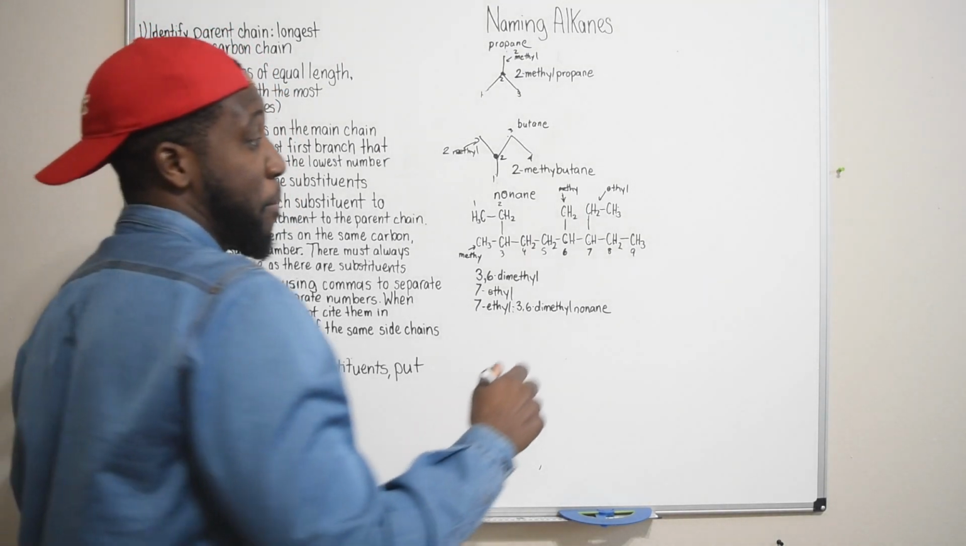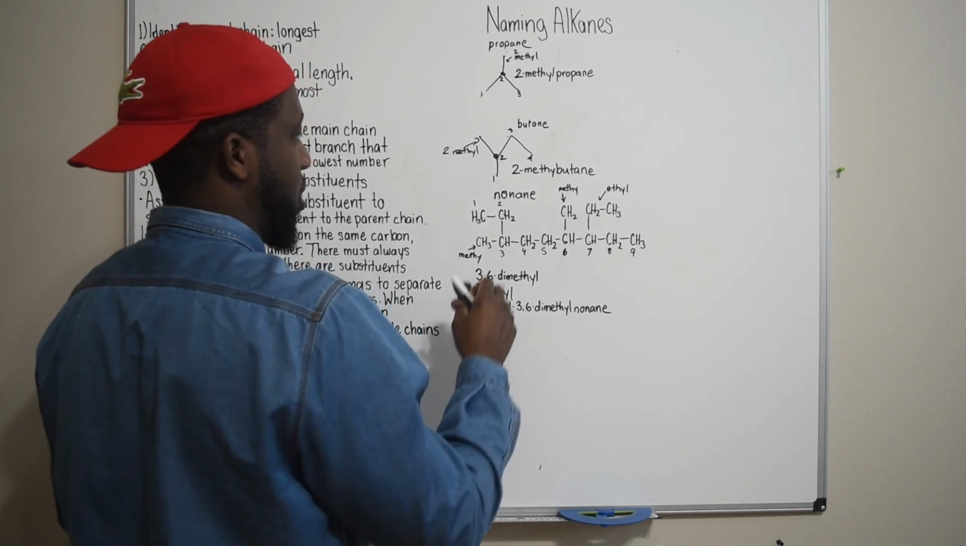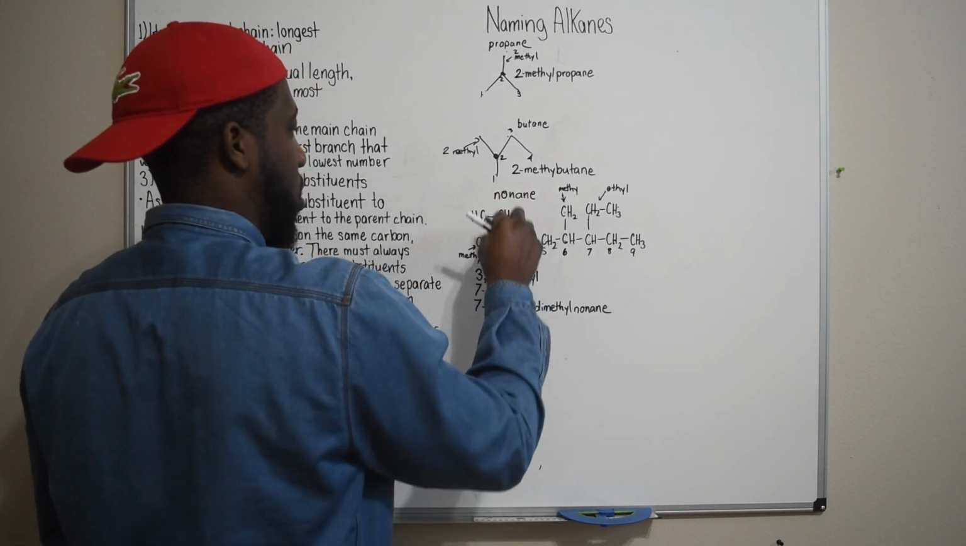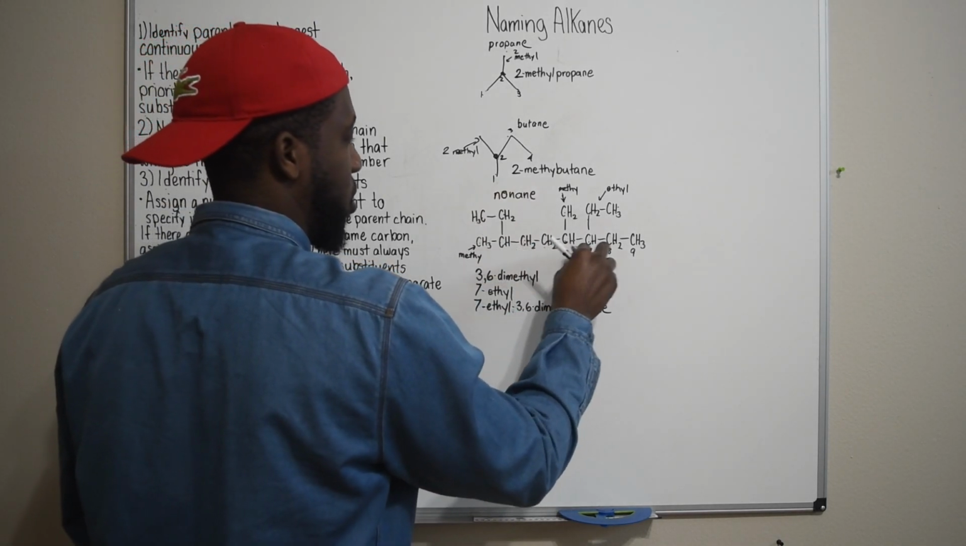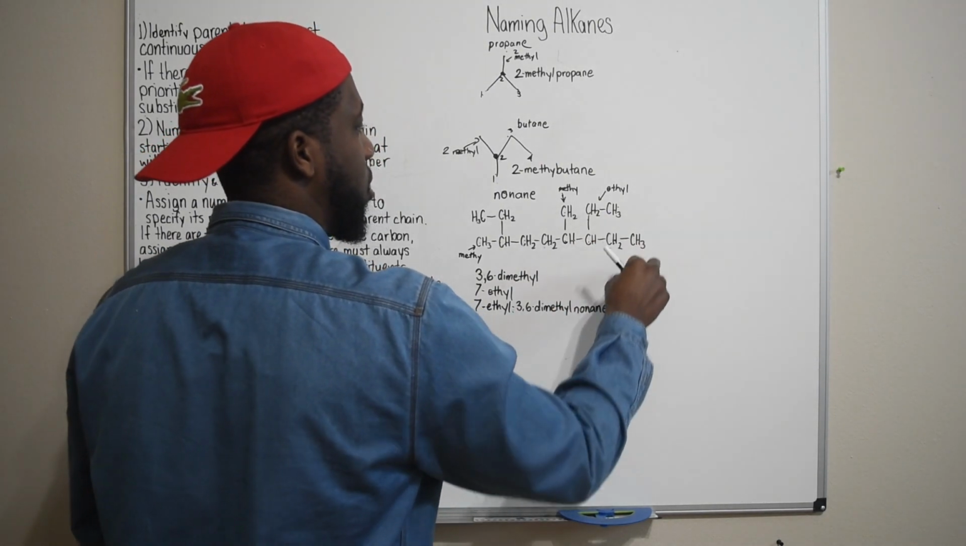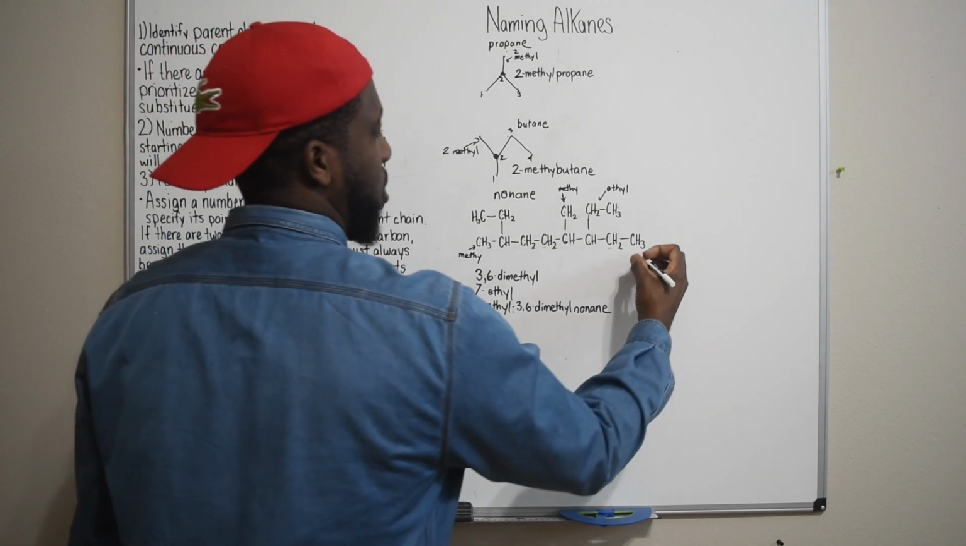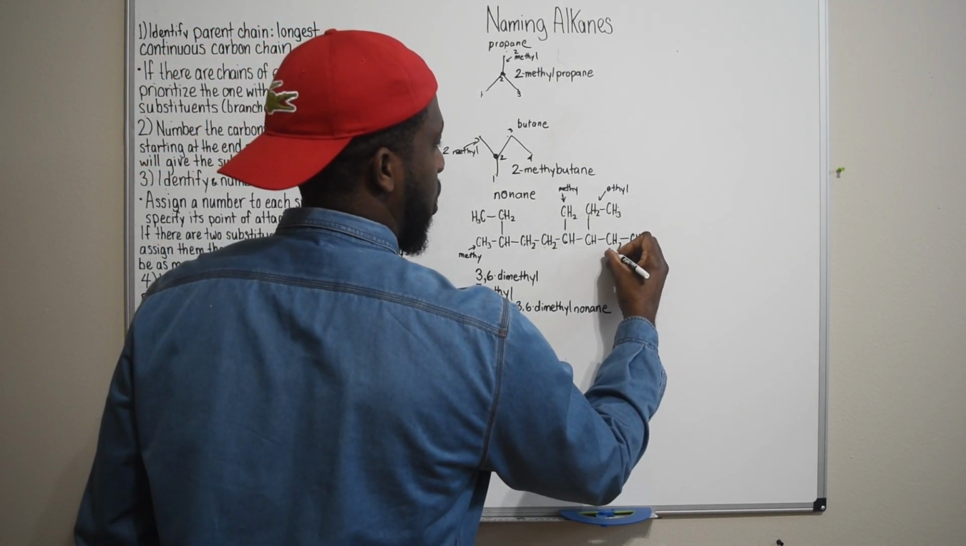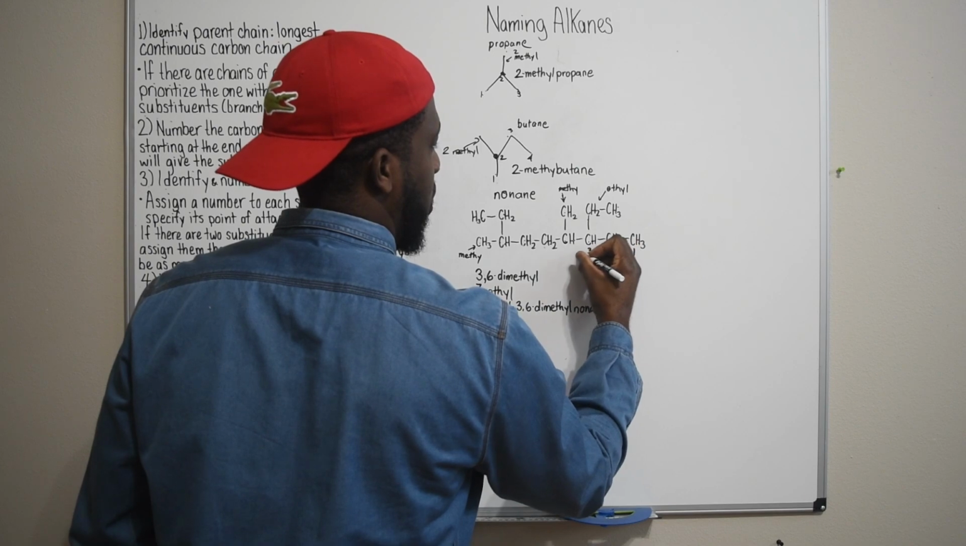All right, so let's switch this around. Let's number it from another direction. Let's make this carbon 1, 2, 3, 4,